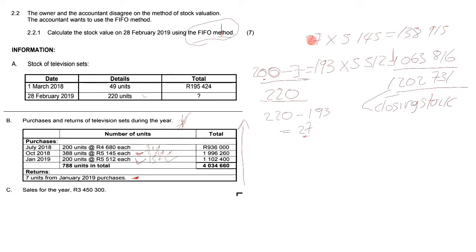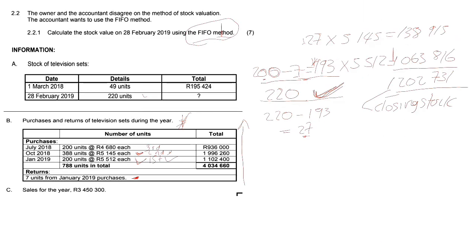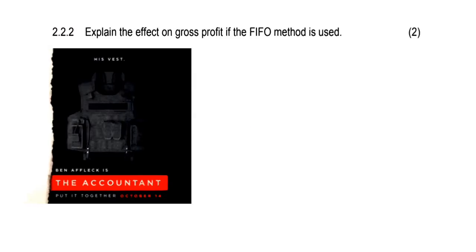So when you add these two units, when you add 27 plus 193, you need to get what? 220 units. So now you have the value of closing stock using weighted average, and then you have the value of closing stock using the FIFO method. Now let us check our